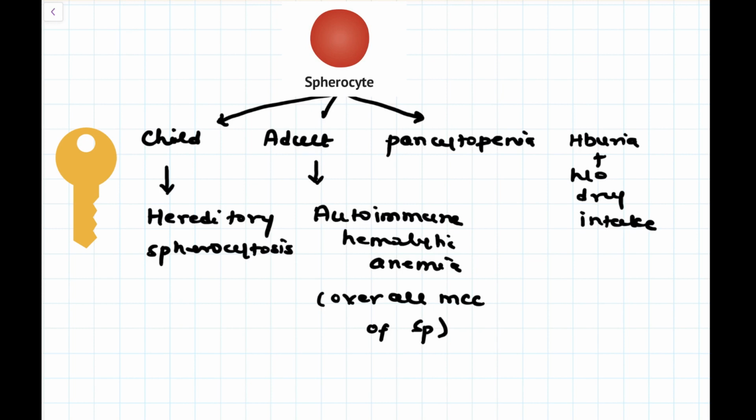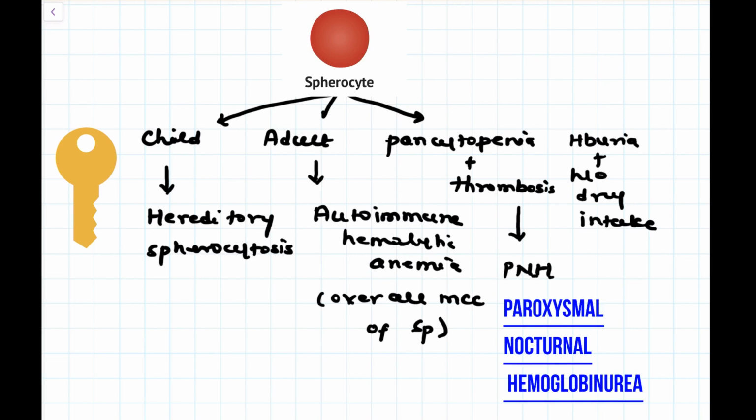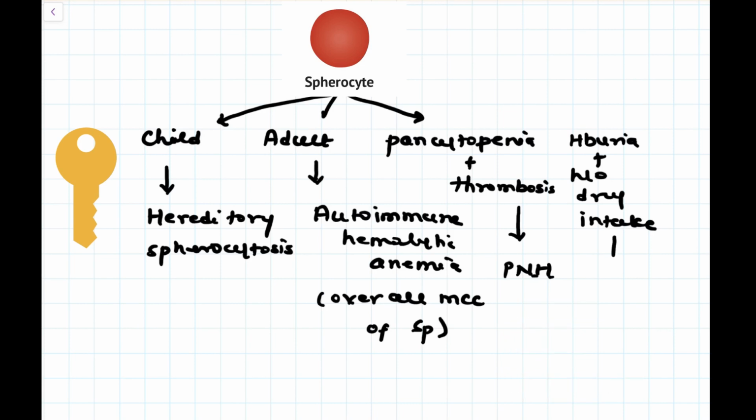Third situation, where patient is having pancytopenia plus other features, for example thrombosis of superior sagittal sinus, hepatic vein or superficial blood vessels. If you have this particular history, pancytopenia, thrombosis, spherocyte, you are dealing with a patient of PNH, paroxysmal nocturnal hemoglobinuria. Fourth situation, hemoglobinuria, history of drug intake, history of infections, most probably you are dealing with G6PD